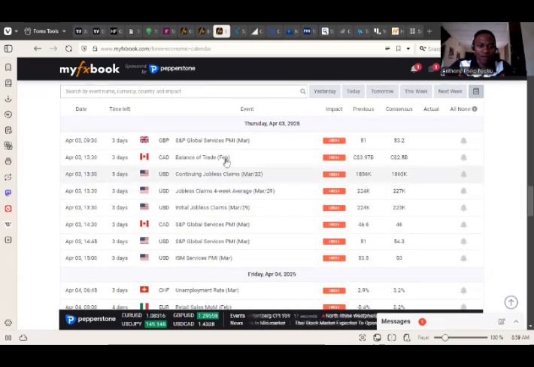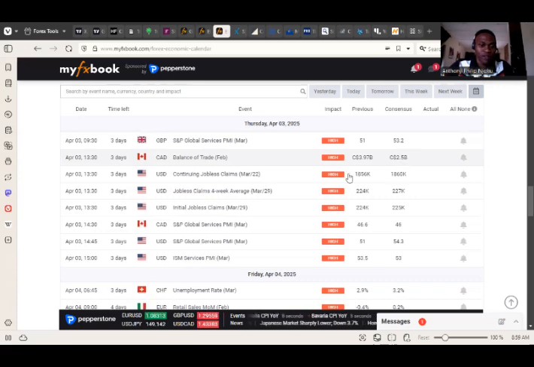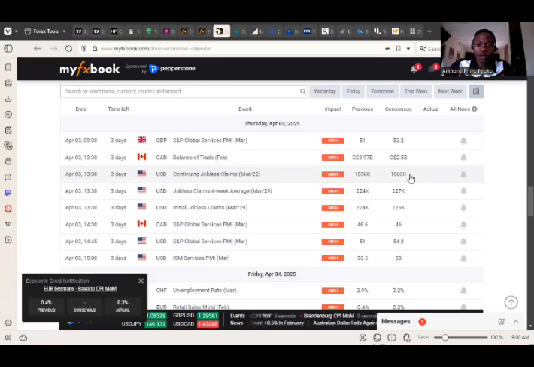Then for balance of trade for Canada, that's in New York session, the same thing as we explained AUD. A higher figure than 2.5 billion, it is good. A lower figure than 2.5 billion, it is bad for CAD. Then for the New York session as well, we have the continuous jobless claims every Thursday, like you all know. And the initial jobless claims, then the global service PMI and service PMI for CAD and dollar. While for the continuous jobless claims, if you have a figure higher than 1,860K, it is bad for dollar. A lower is good for dollar.